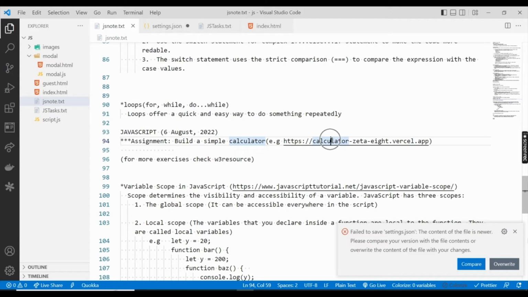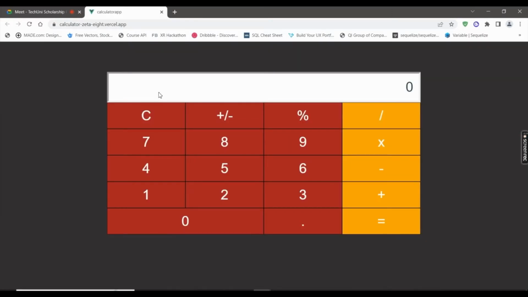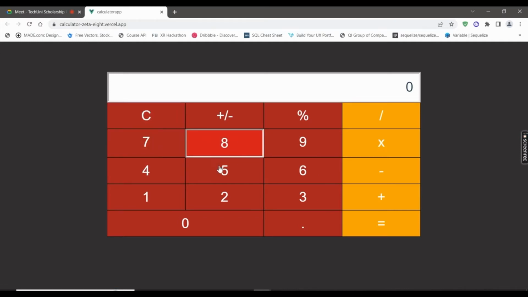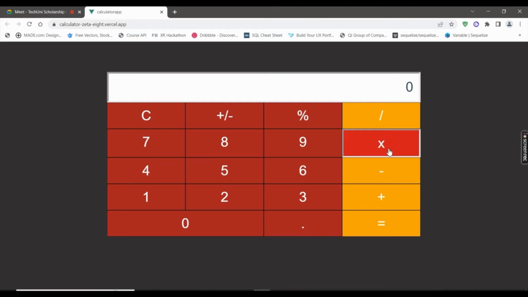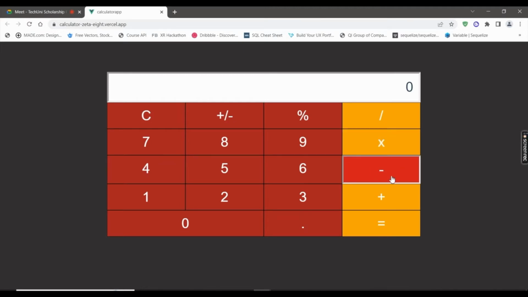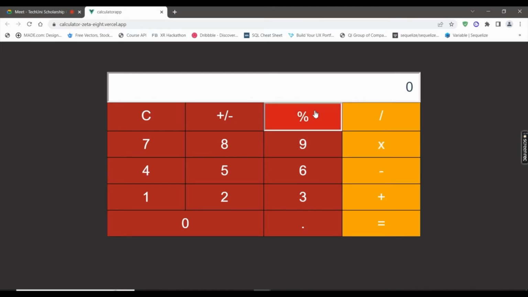Do we use all what we have been learning so far? We will use HTML, CSS, and JavaScript. Just a simple calculator that can divide, multiply, subtract, add,